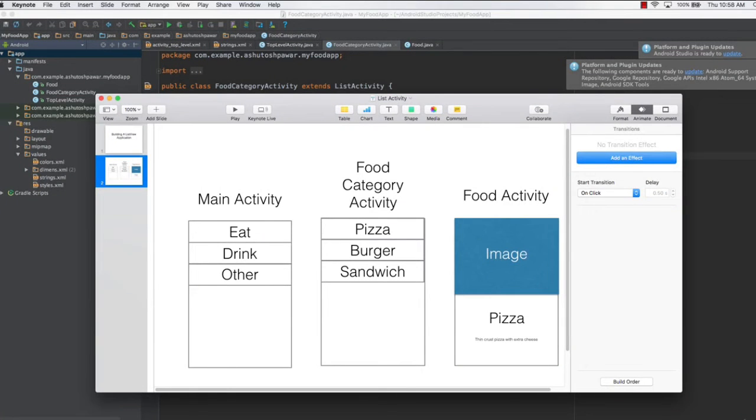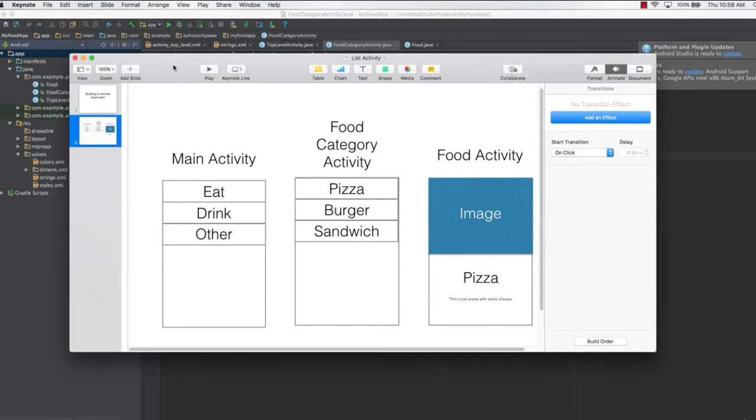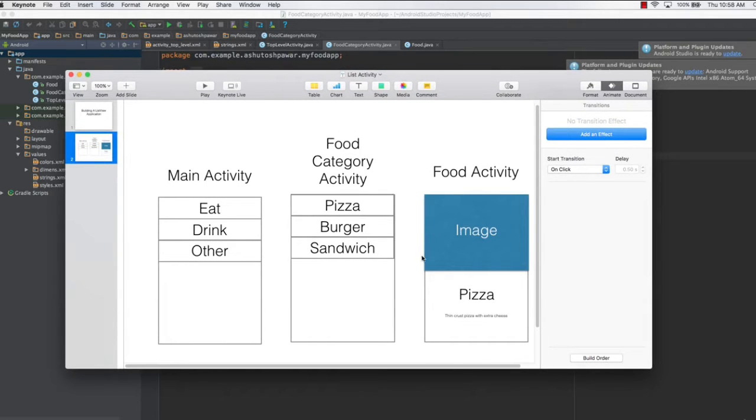Hello and welcome to this lecture. In this lecture, we will add the on-item listener to this particular activity right here. In the previous lecture, we successfully created this activity, which was the food category activity, and now we want to make this activity behave in such a way that whenever a particular item in the list gets clicked,